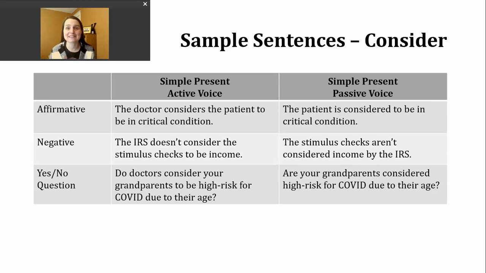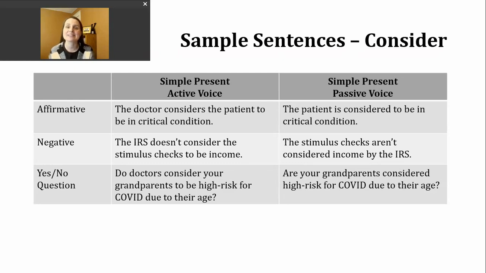Particularly if it's your friend, a family member, a loved one of some kind, right? You're focused on the patient, right? That's where we want our attention to go in this particular sentence. So to make passive voice affirmative in the simple present, you'll see that I'm using a present form of be,